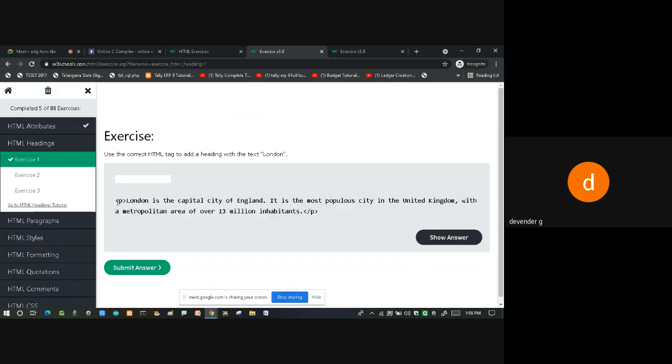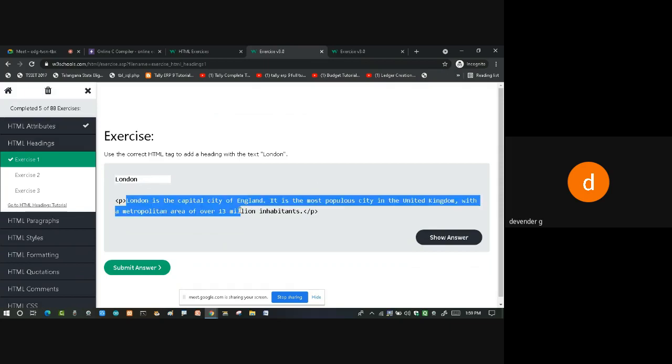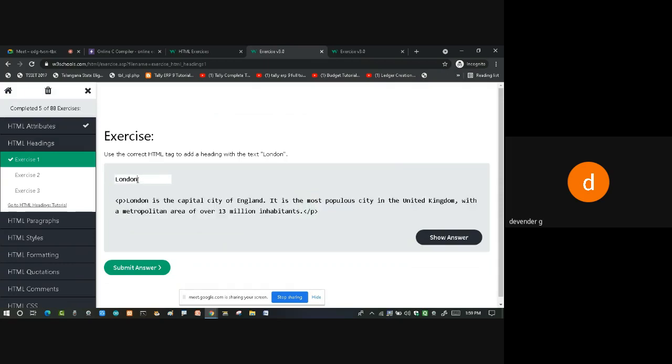He was asking that he wants to print London on the screen as a side heading to the entire paragraph. What is the tag we have to write? We should display the heading as London.